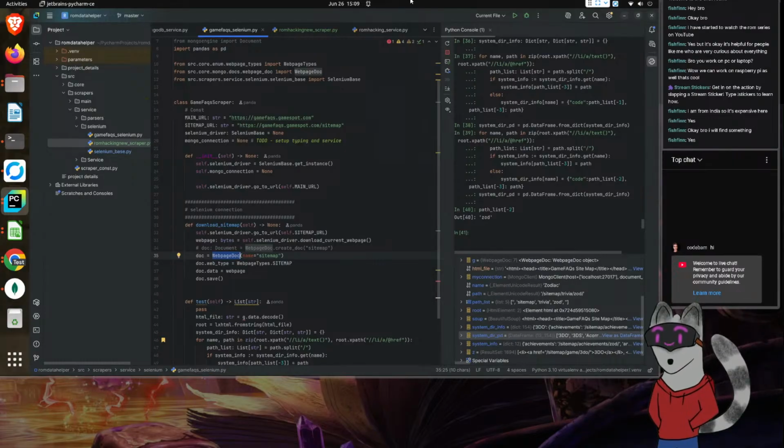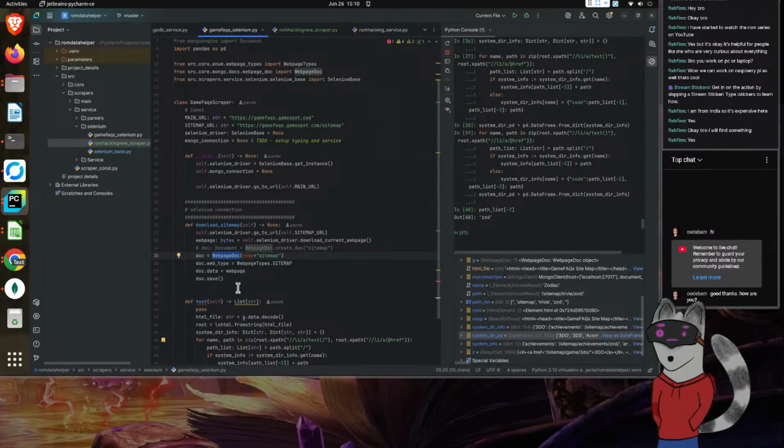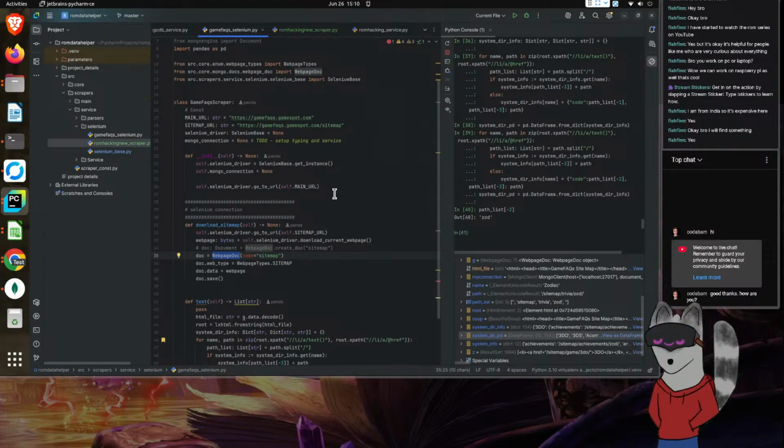But yeah, the whole purpose behind the service is that we can call that, and then it will be responsible for setting up all the connections and interfacing with the database, so that we don't have to generate all of these things. In fact, one thing I could also do is set up a cache system.